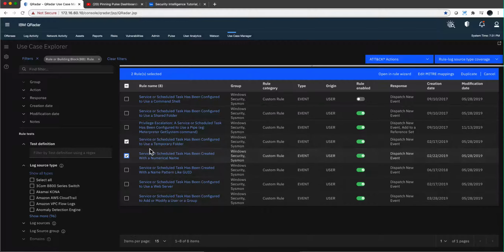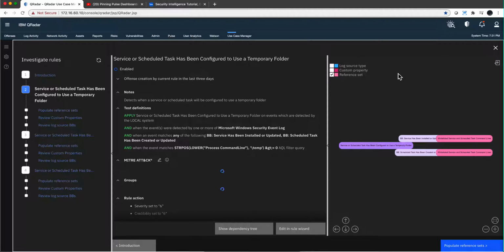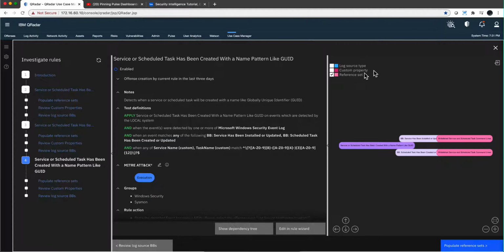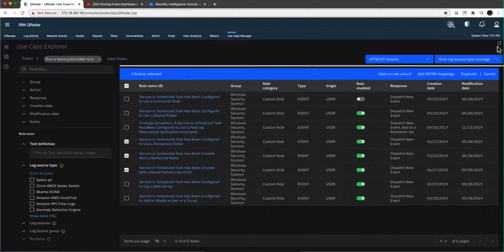For example, if we want to open them in the rules wizard, let's select those three, and we do that just to show you the navigation. Here is the first one that I selected, as we see here. Here is the second one, and here is the third one. So you can do that in bulk. So I'm going to stop it here. This is just an introduction of the remarkable navigation that these guys put behind this app, because I'm going to be showing you features in the next videos, and I don't want you to get lost on the